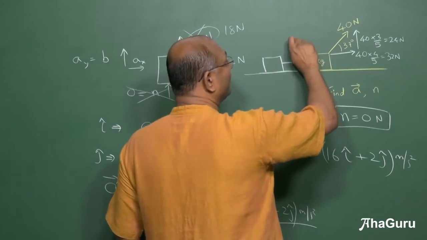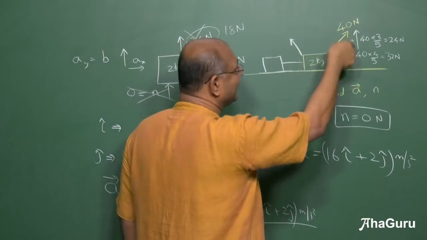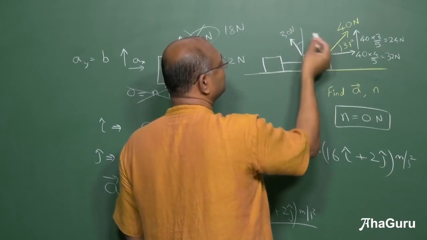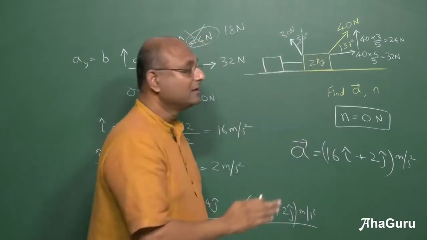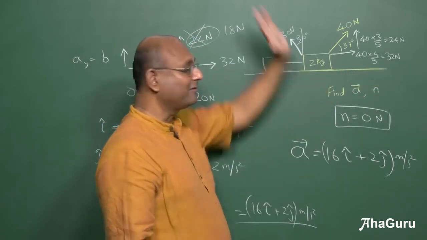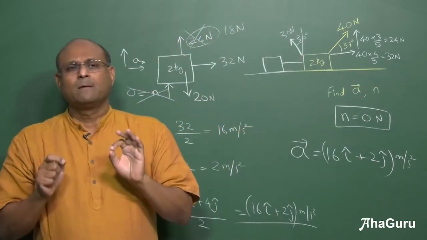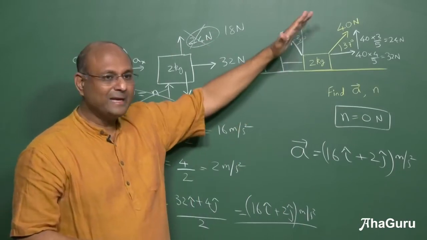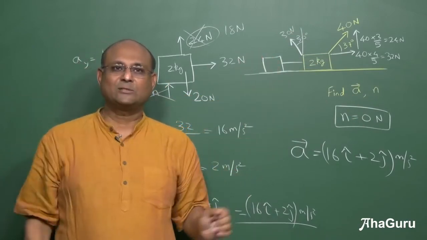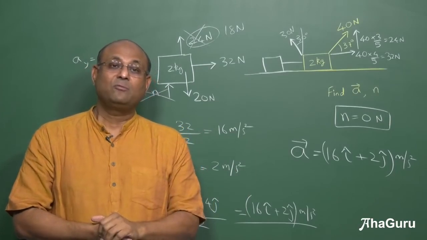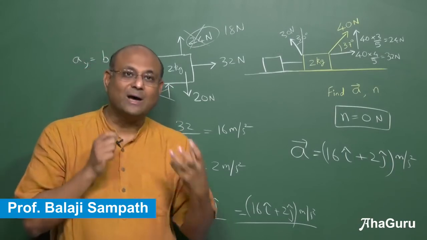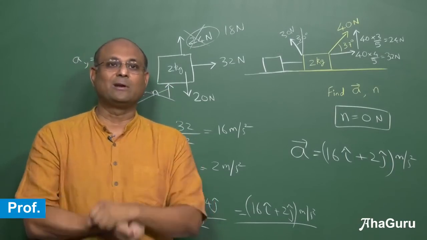Sometimes you may have more than one force. Instead of this one force, you may have 40 at this angle. You may have 30 newtons at an angle of, let us say, 30 degrees like this. So you will resolve this, you resolve that, then all horizontal forces you add up, all vertical forces you add up. Now, we have been using this idea that everything can be written in terms of horizontal and vertical. Okay, that was because we were mostly dealing with nice questions. Now what happens if you are on an inclined plane? You can do this by doing horizontal and vertical, but there is also another way to do this kind of question, and that's what we are going to learn in the next concept.